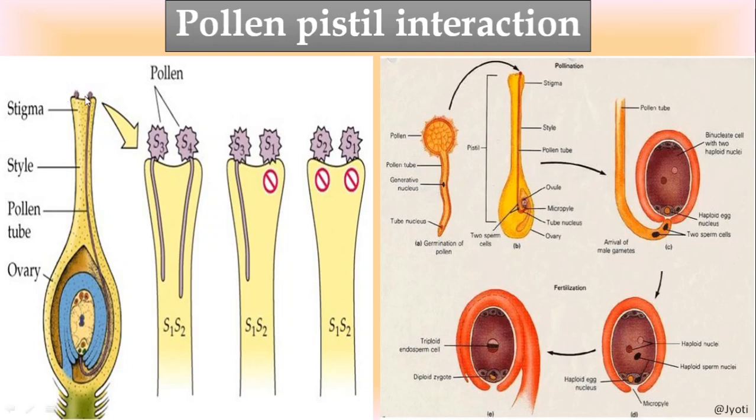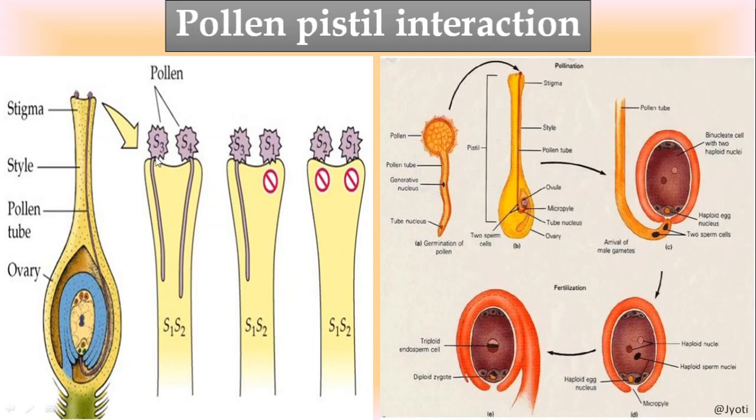So the pollen grains fall on the stigma. A pistil has three parts. The uppermost terminal part is the stigma, which is the landing platform for the pollen grain, where the pollen grain falls. Then a tubular structure, that is the style, and at the base the ovary is present, and in the ovary the ovules are present. I have already shown you the structure of the ovule. So now when the pollen grain falls on it, what happens? Let us see. Here you can see the pollen grain has fallen.